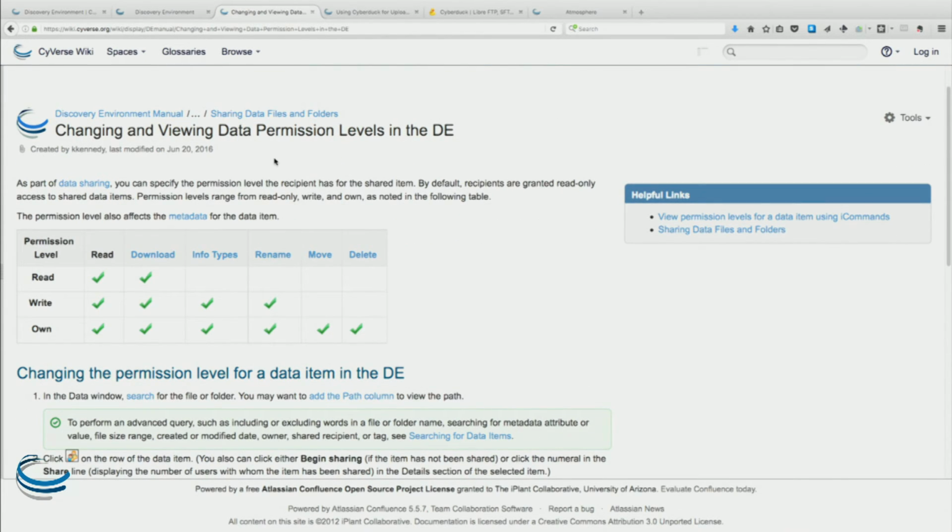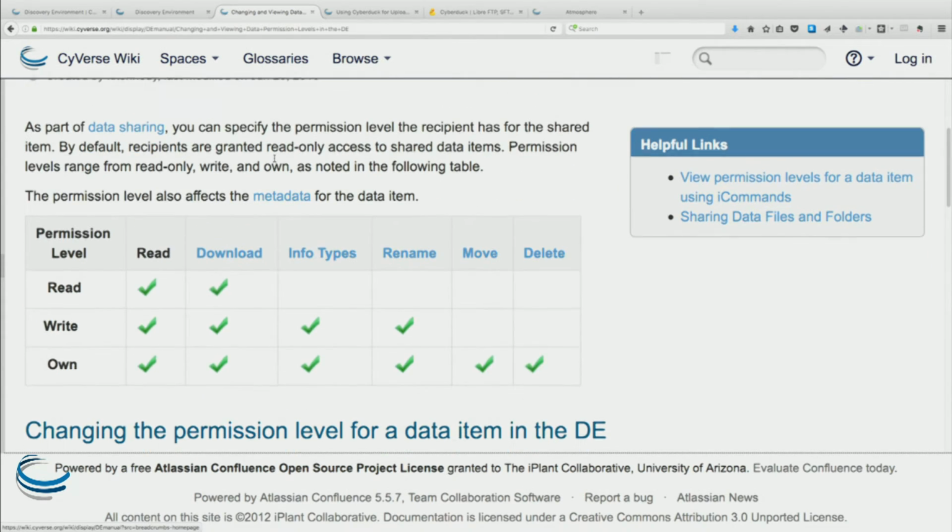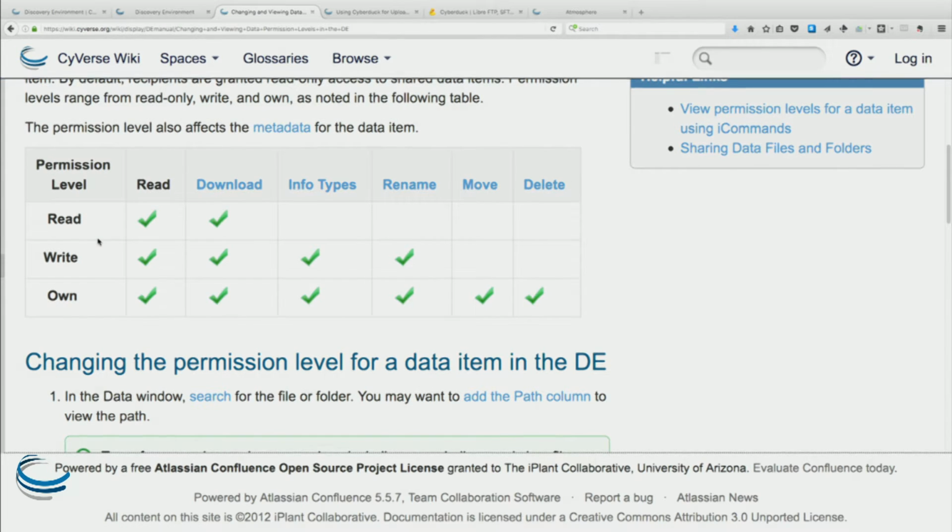When you share something, depending on what level of permission, people can do various things. Read permission is the most restrictive. It doesn't allow them to rename or move or delete those files. If you give someone own permission, they can even rename those files, move those files, or delete those files. So be very careful not to give own permission to someone you don't absolutely trust, because they could take ownership